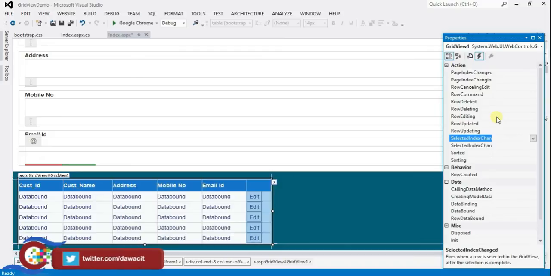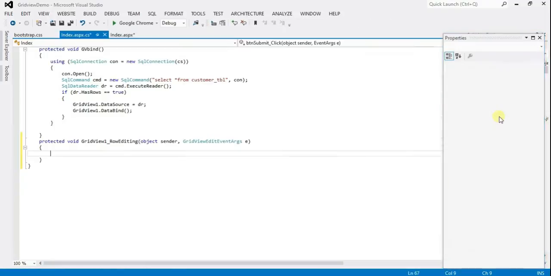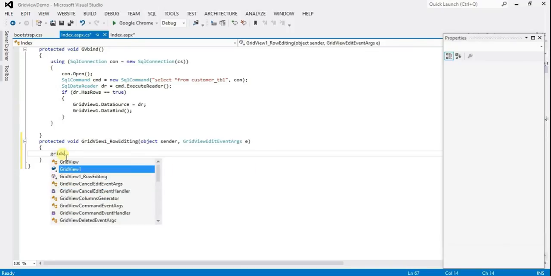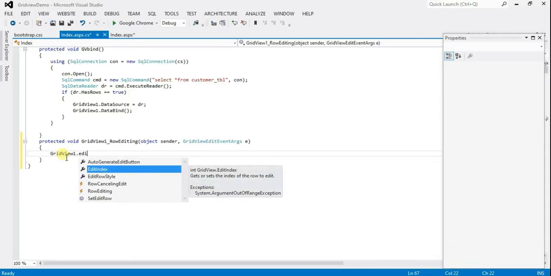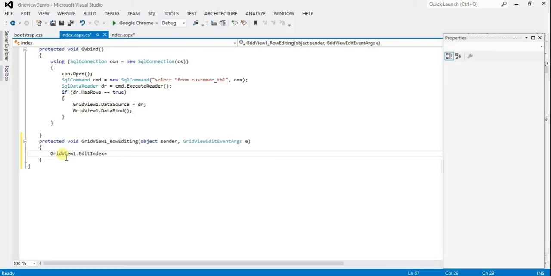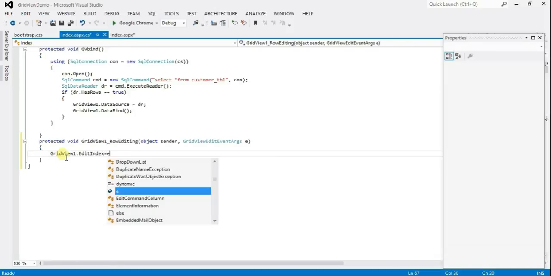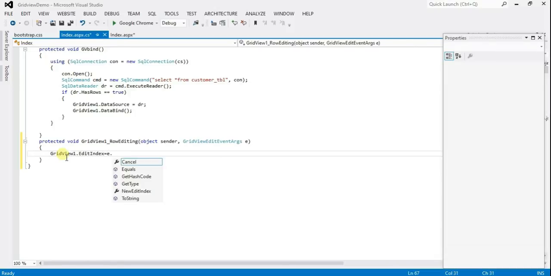Double click on row editing. And type here Gridview1 dot edit index equal to e dot new edit index semicolon,